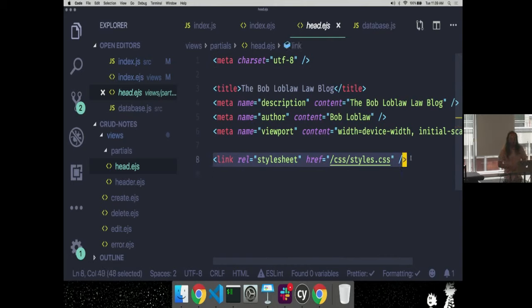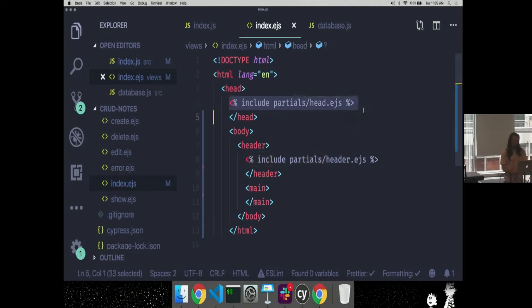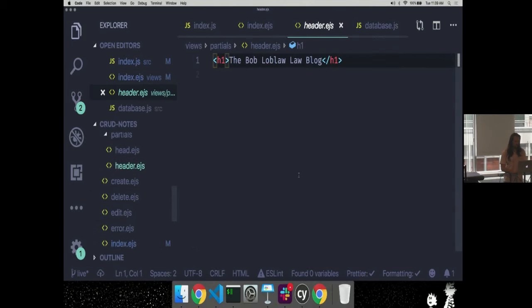So if I put that in here, I could have one, two, three, five different CSS files all in here, and all of my pages will load them. This just makes my life quite a bit easier. So that's what's happening up here. The head is loading the head EJS into the head of this document. It has a body with a header. The header includes the header partial, which isn't super exciting. It just has one header here, the blah, blah, blah, blah, blog in an h1 tag. If I want to add more to the header, though, I can just put it into the partial, and every page will have it. If I want to put the email address of who's logged in, for example, a partial makes that a little bit easier to deal with.